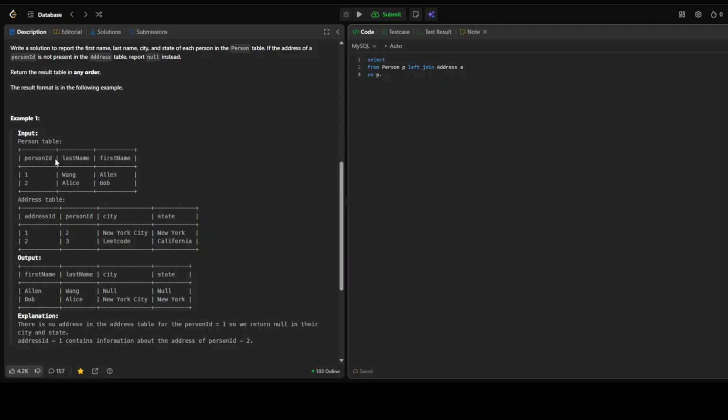So now I can write the on condition. Let's see what's the common thing between the two tables. Person ID seems to be the common thing because it's present in the person table and it's present in the address table. So I can just write p dot person ID equal to a dot person ID, and when I come here, I can write whatever is required. Now what is required? From the first table, I need p dot first name, I need p dot last name. From the address table, I need city, and from the address table, I need state. So when I run this,